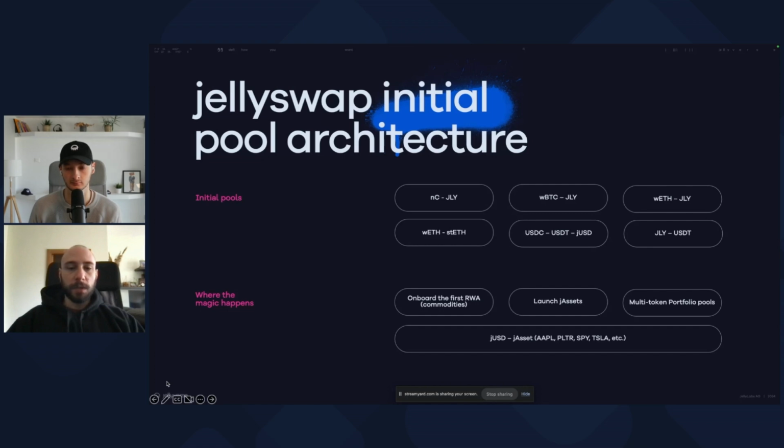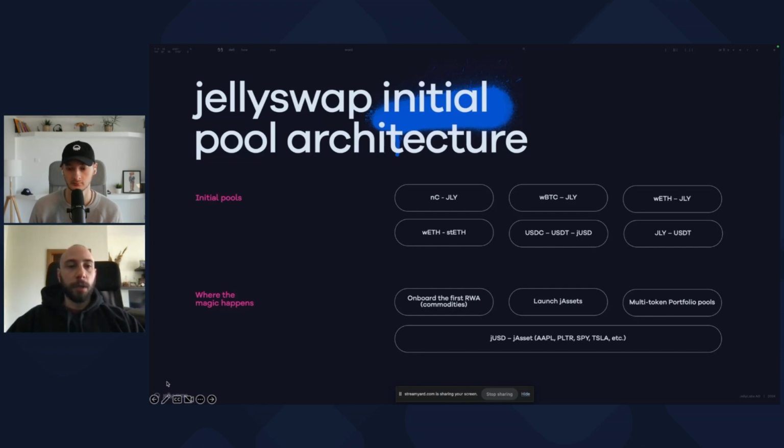So this is just an example of the initial pool structure. And of course, later on, once we have jAssets, once we onboard hopefully some real world assets, we will have pools containing those real world assets. We will have pools containing jAssets, and of course, a combination of all of that inside of multi-token portfolio pools,